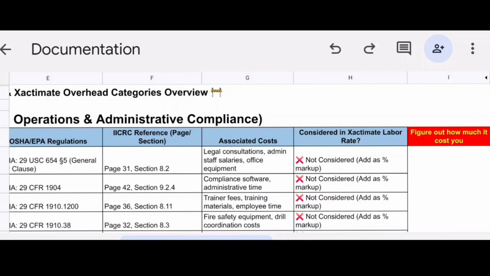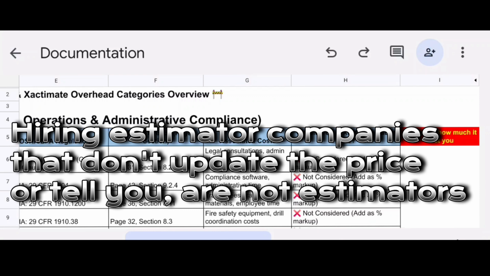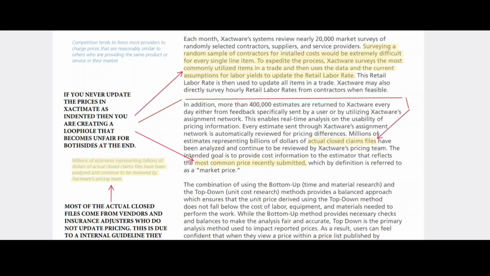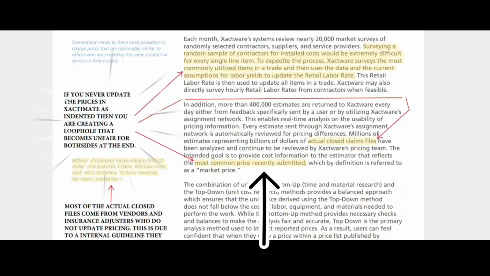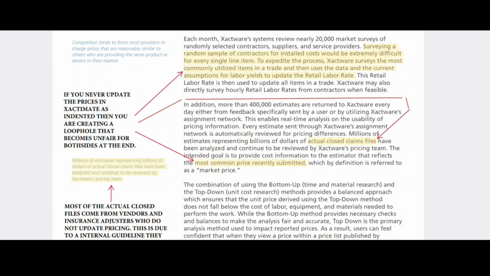Now, there's additional stuff that they mention is not considered whenever they do the research. You, the estimator, at your discretion, are going to have to modify the three simple components, which are equipment, material, and labor. They are only collecting the most common price recently submitted. So if a bunch of people are just submitting the same number that Xactimate uses, well, guess what? Your prices will never update, and Xactimate will be using the same loophole, not intentional, but it affects you,